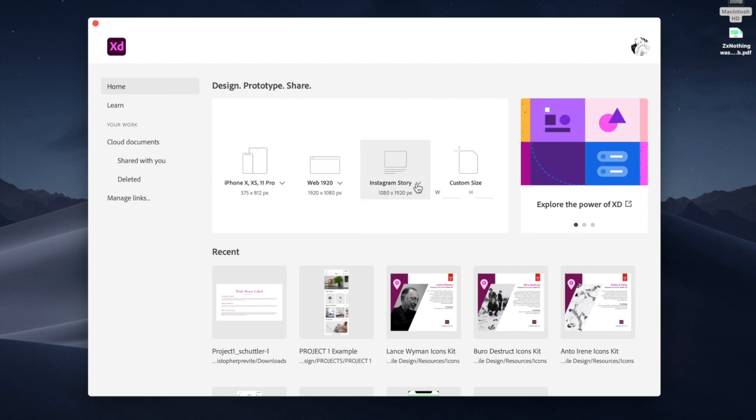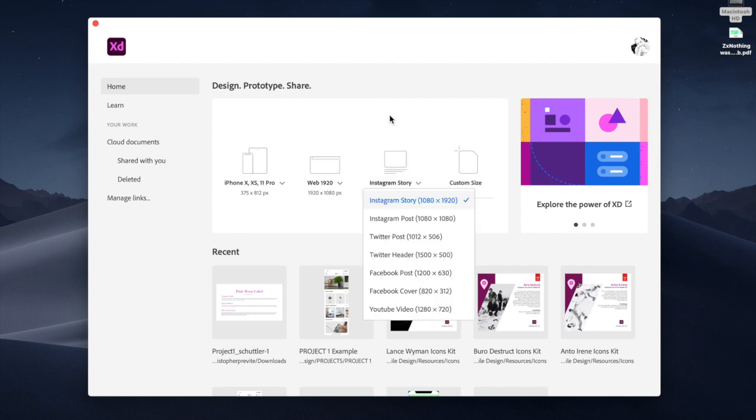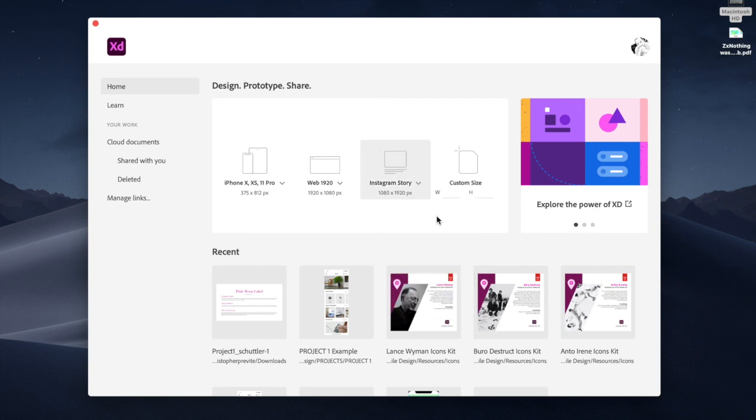There are, of course, social media posts you can design too, which we're not doing for this class, but I just want to point it out to you. And the old custom size. You can type in whatever size you want if you were building a custom site for somebody and didn't want to go with a preset size. All right, so just for the sake of argument, we're going to grab the Web 1920,